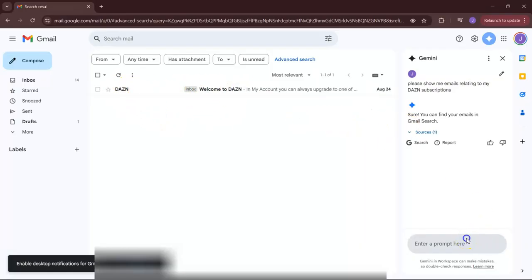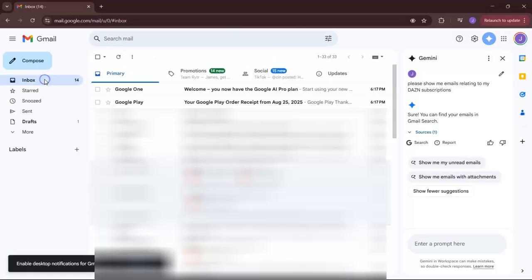So now we can also enter new prompts based on something else if we like, or you can go ahead and edit it. Let's go back to our original inbox, and we're going to ask it another question. So now, for instance, let's say we wanted to find out another subscription or account plan that we have. In this case, we're going to be discussing ScreenPal. So I will ask it, can you please organize all my emails regarding